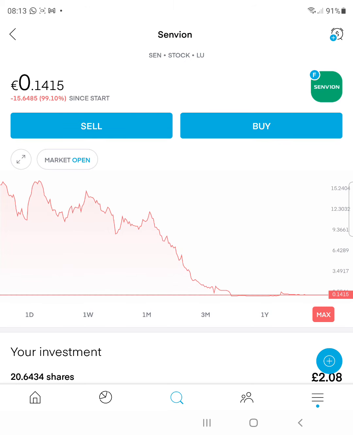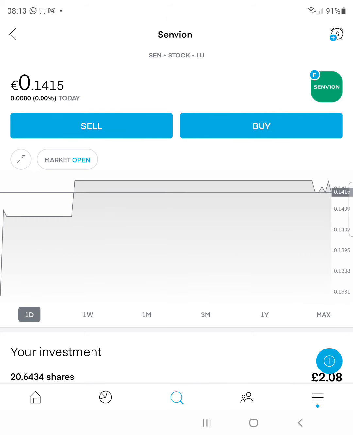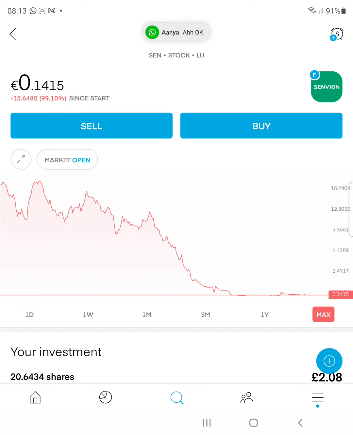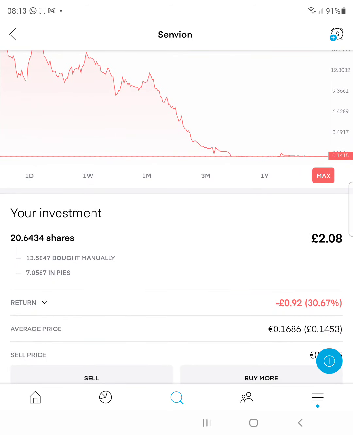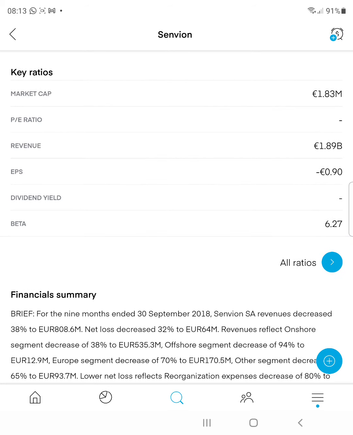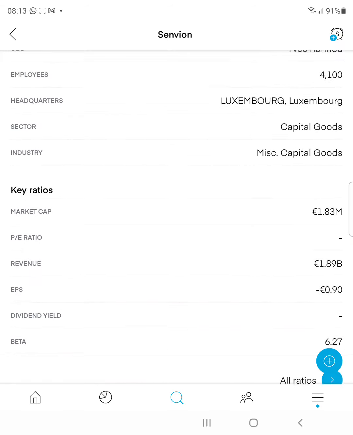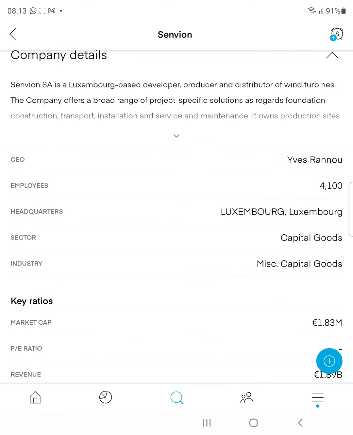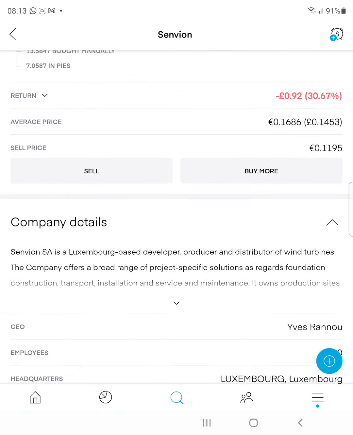Just looking straight away at the chart, it doesn't look like it moves very much. That's why the lines are so rigid. And just looking at the long-term performance, it doesn't seem to have performed very well. Usually, companies that don't perform very well in terms of the stock price over the long term have very large dividend yields. But over here, you can see that the dividend yield isn't showing. And usually when the dividend yield isn't shown, as I said in my previous video, is if the stock price